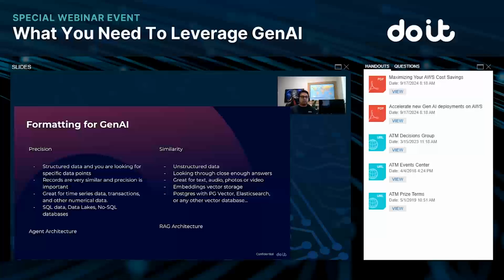That is an agent architecture, and in the agent architecture you're going to be using things like Lambda functions or cloud functions in GCP, very specific, that are going to be the code, the logic, or the things that it can do. Now, the RAG architecture, retrieval augmented generation, is where you're retrieving information, augmenting the prompt, and then generating a response. How is that different?